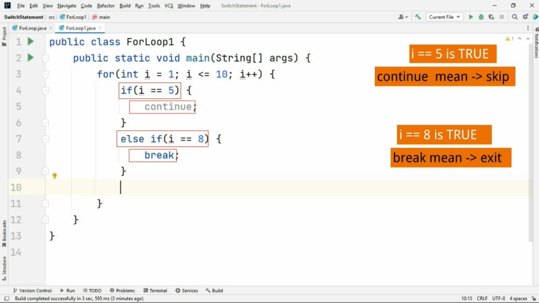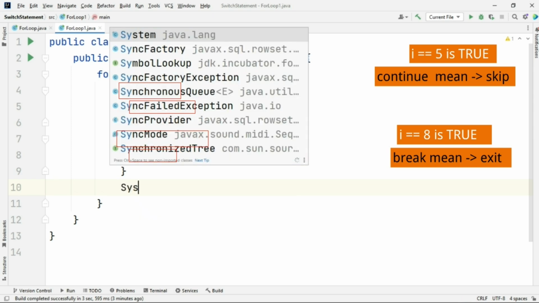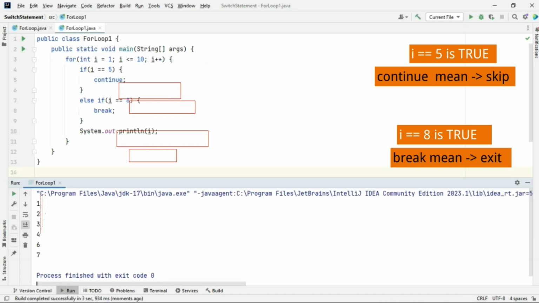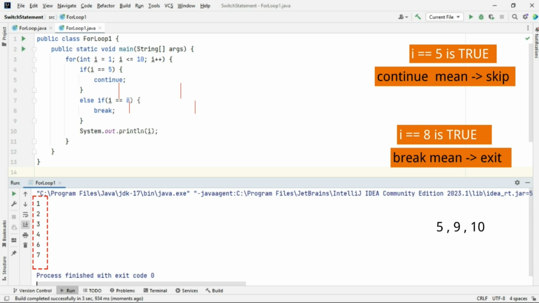Then outside of these conditions, we write System.out.println(i);. Now we run it. Here is the output after a successful run. So here you can see that 5, 9, and 10 are not printed, because in this example, when the